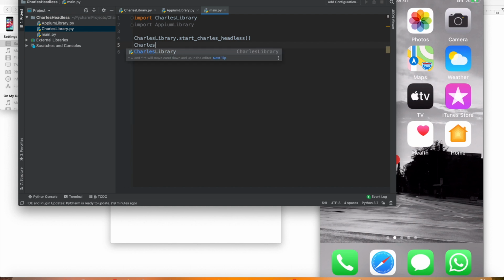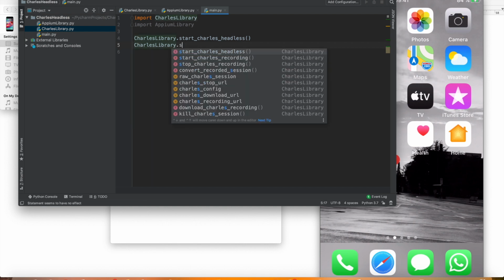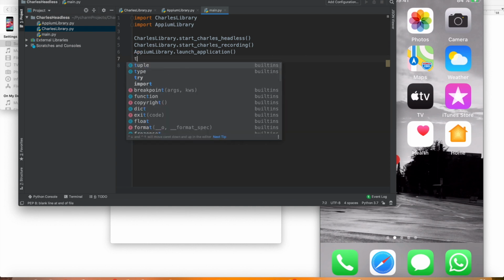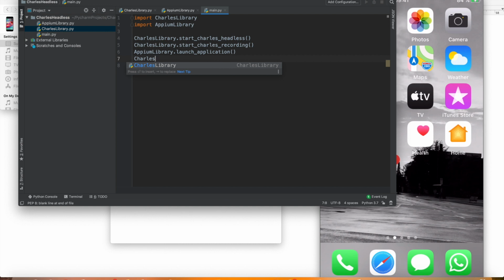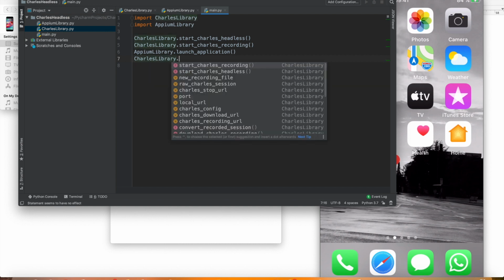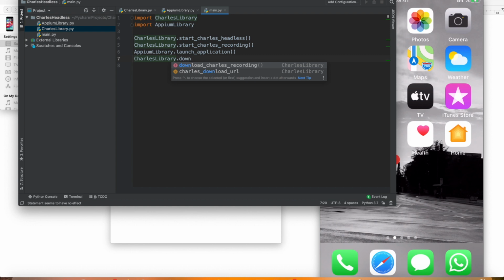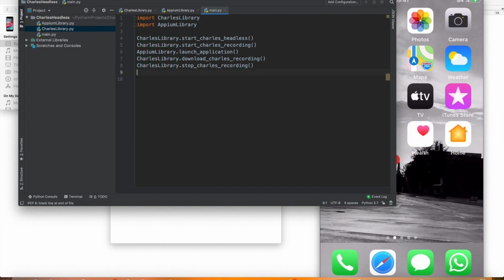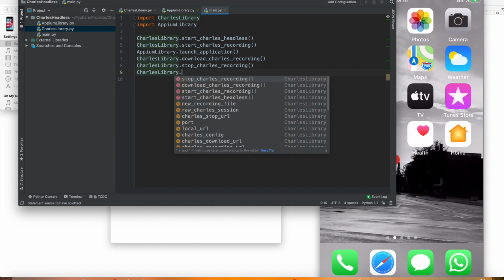Then we need to start recording, and then we'll open our application, and then we'll download the logs. After downloading, we need to stop the recording. And after stopping, we need to call